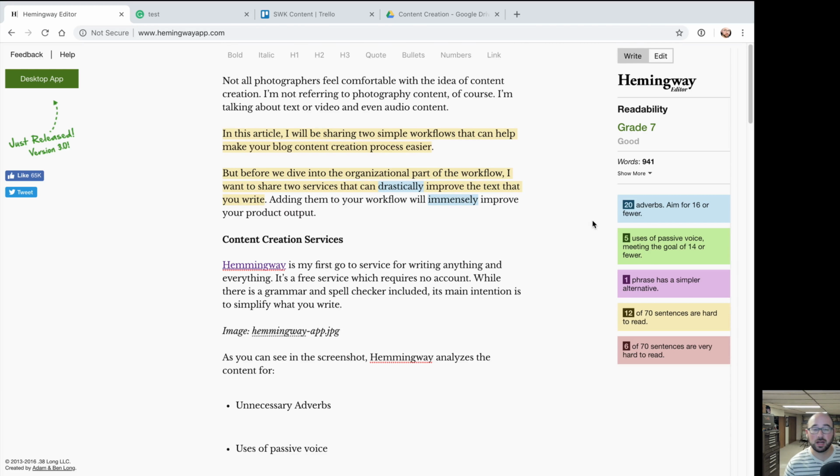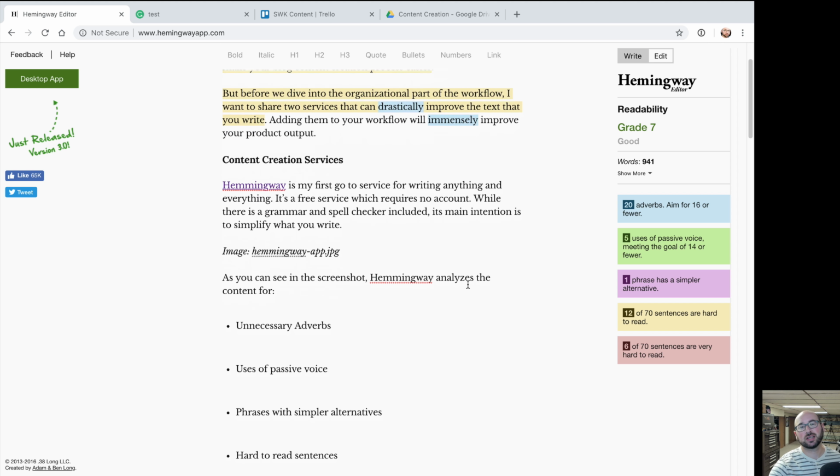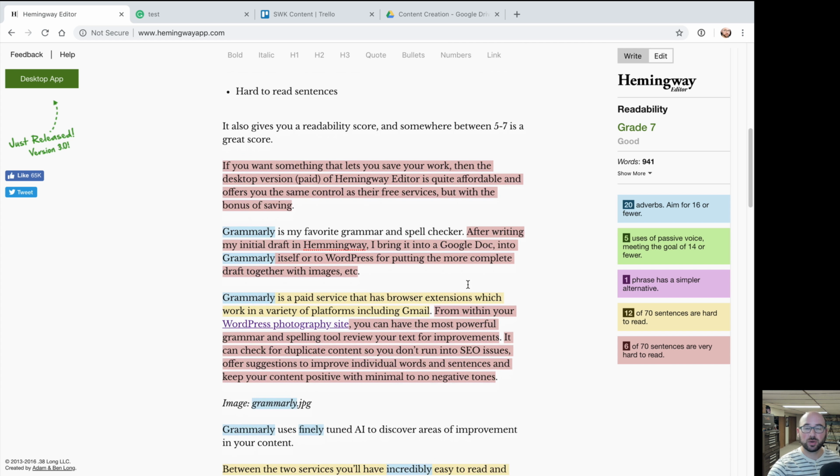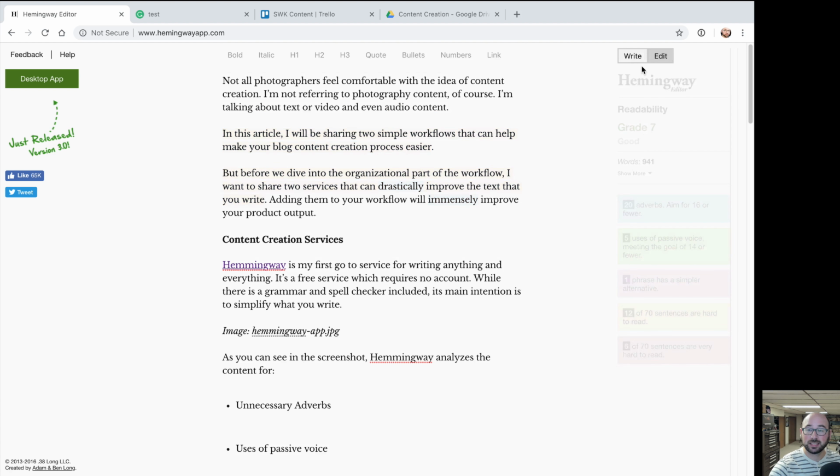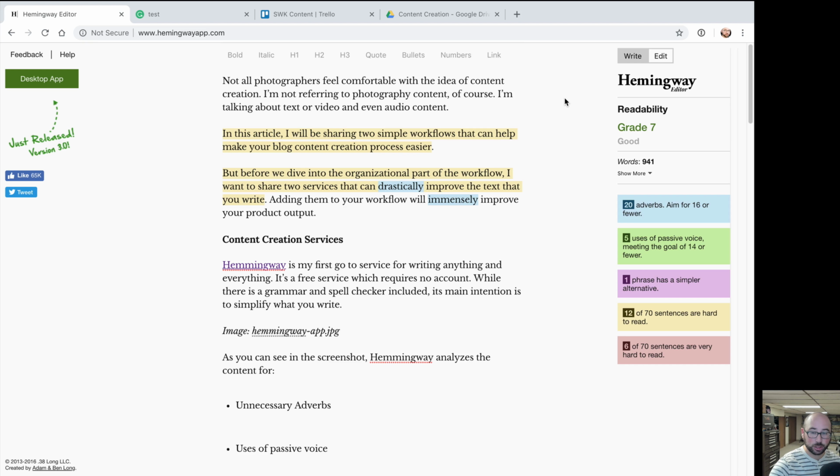So my first stop in my workflow is sometimes Hemingway, sometimes Grammarly, but as you'll see as we go through this, it actually could be combined in a way. But let me first start with Hemingway. Hemingway is a free service at hemingwayapp.com where you can type your content, you can create your entire blog post or whatever, under the write section, and then you can go to the edit section,